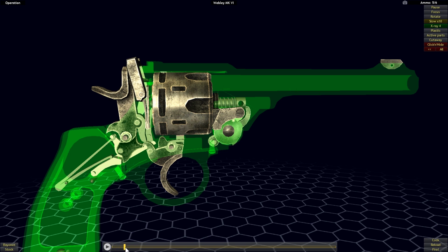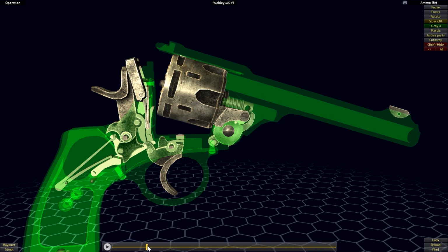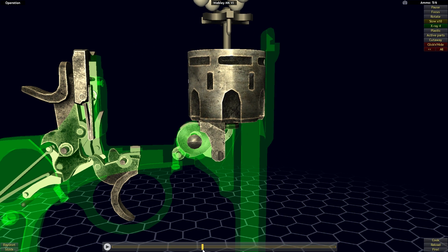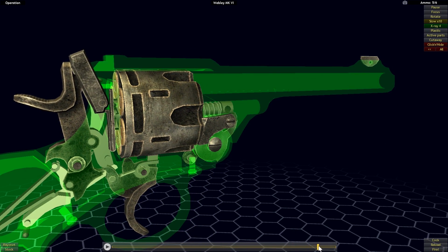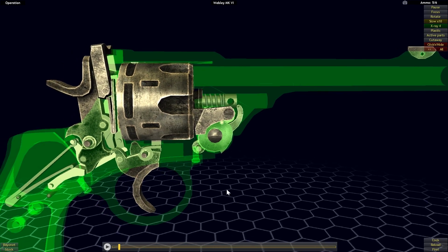The latch is activated, this compresses a flat spring here, and then once the user stops activating the latch, the spring brings the latch back into its former position. The frame pivots along its hinge point here, open up the frame, go through the reloading process, close back the frame, the latch gets forced out of the way, compresses the spring, and then the spring brings the latch back in place again. What makes this complicated is the automatic ejector, and it's that we're going to focus most of